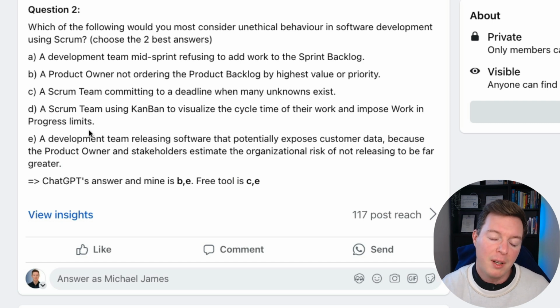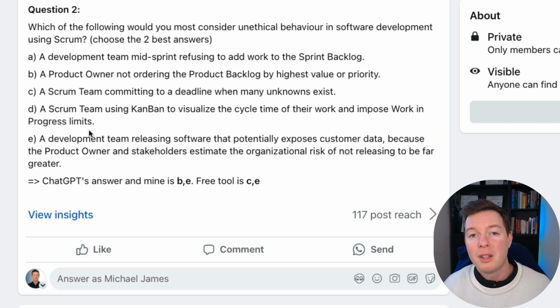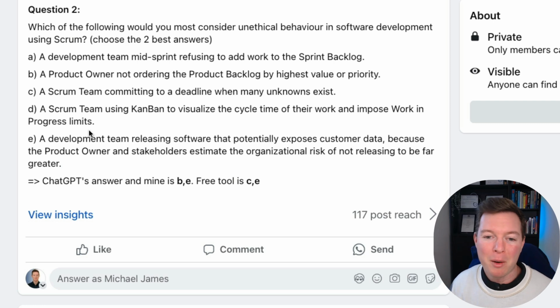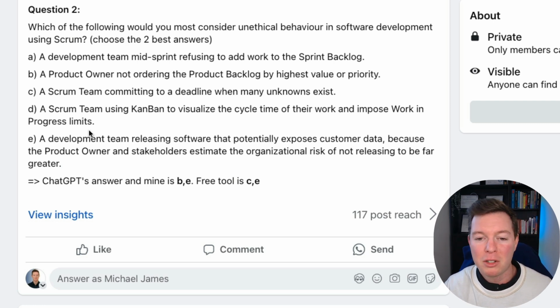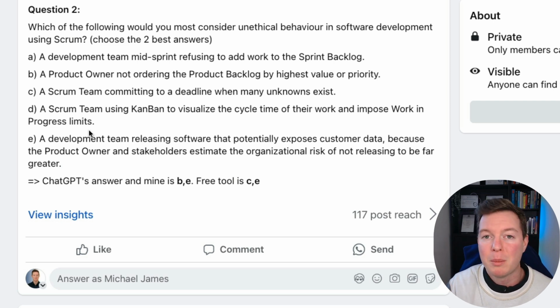And also, the developers are the ones that manage the sprint backlog. So it's up to them if they should bring in work or not, and if they can manage that work. The aim is less about getting certain tasks done in the sprint backlog, and more about just reaching that sprint goal and achieving that sprint goal. And that is up to the developers to decide what work needs to be done to achieve that sprint goal.